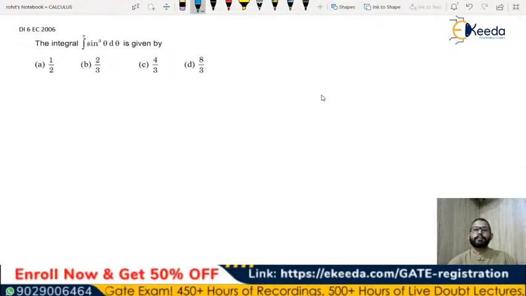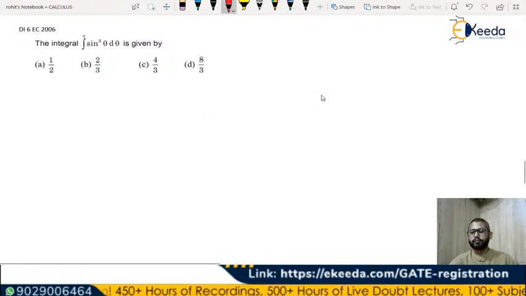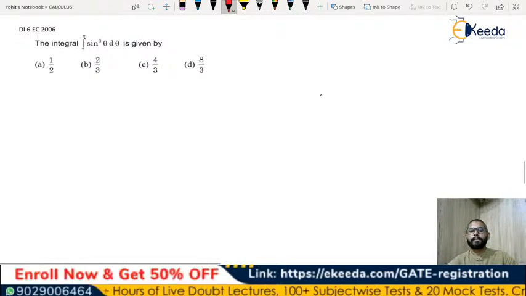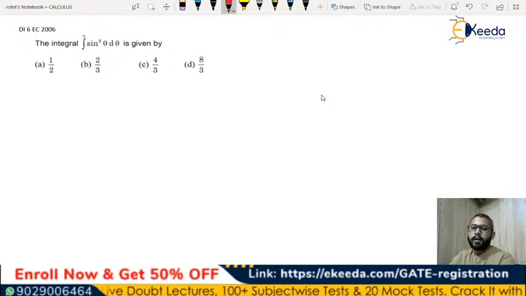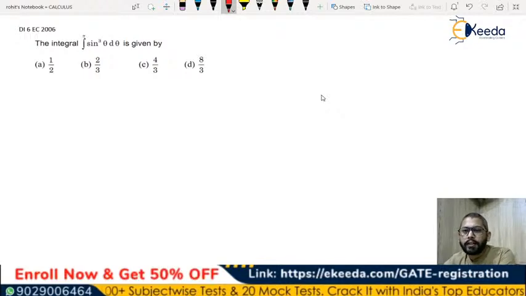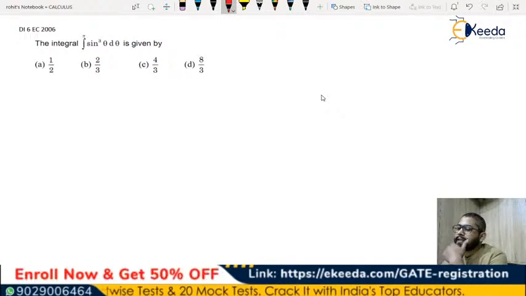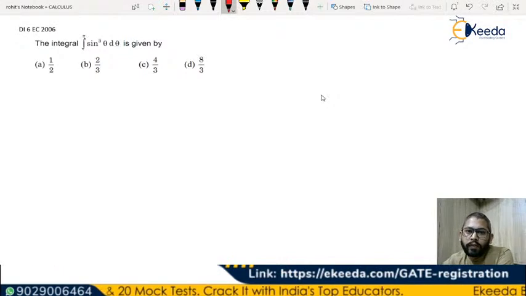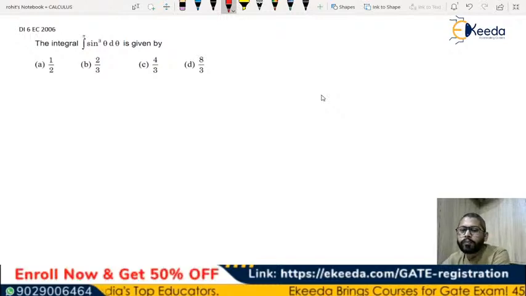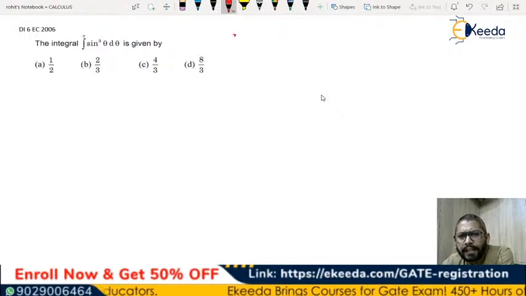Let's see this one. Integration of sine cube x, sine cube theta in this case. So in all such trigonometric terms where you have sine and cos both, depending on the order of it, we'll have different types of approach, but overall being the same. So the sine cube